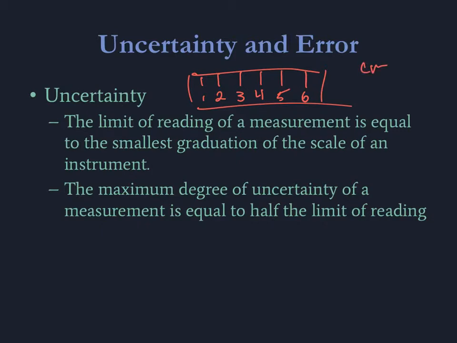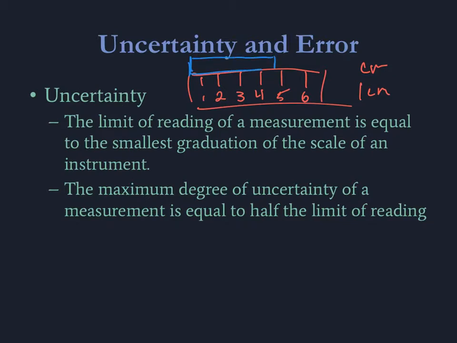So the smallest graduation is 1 centimeter. When we're talking about the uncertainty in our measurements, for an analog device, the uncertainty is always half the limit of the division. So in this case, it's 1 centimeter, which means